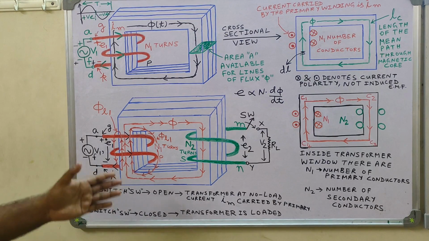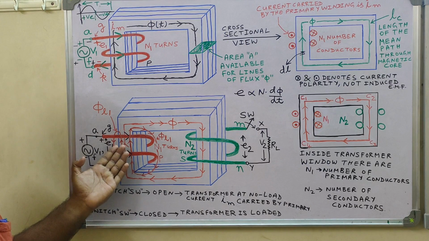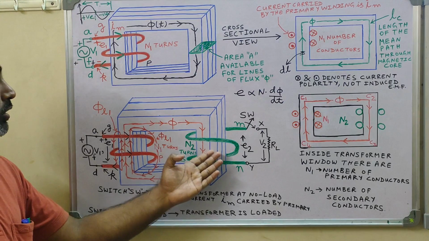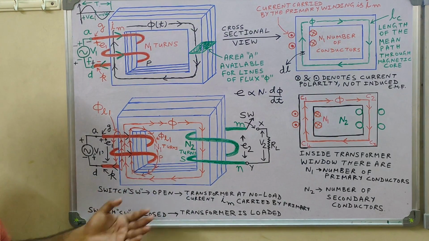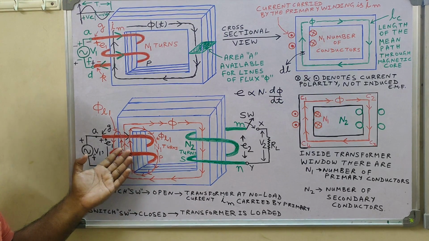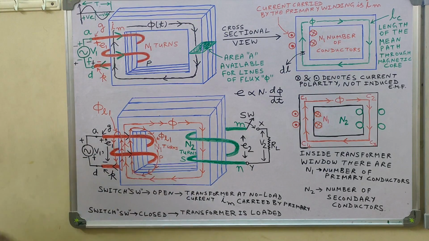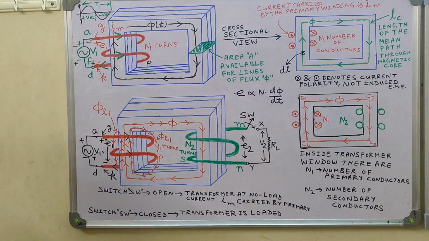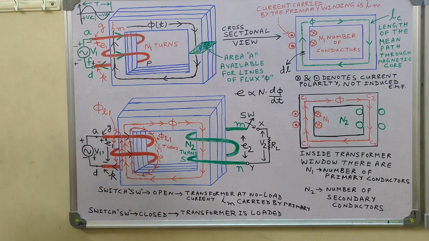That's what I said in the beginning, that half of the number of turns of the primary winding will be on this limb, and the remaining half of the turns of the primary winding will be on this limb, so as to minimize the leakage flux. The same thing is done for the secondary winding. Half of the secondary turns are on this limb and the remaining half on this limb, so that the leakage flux can be minimized and you have better magnetically coupled primary and secondary coils, which is needed for transfer of electrical energy through the medium of magnetic field, and of course without changing frequency.